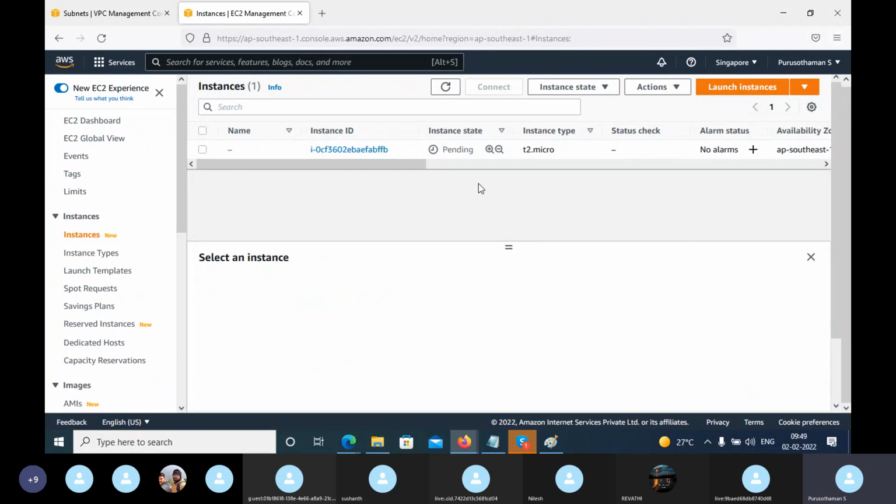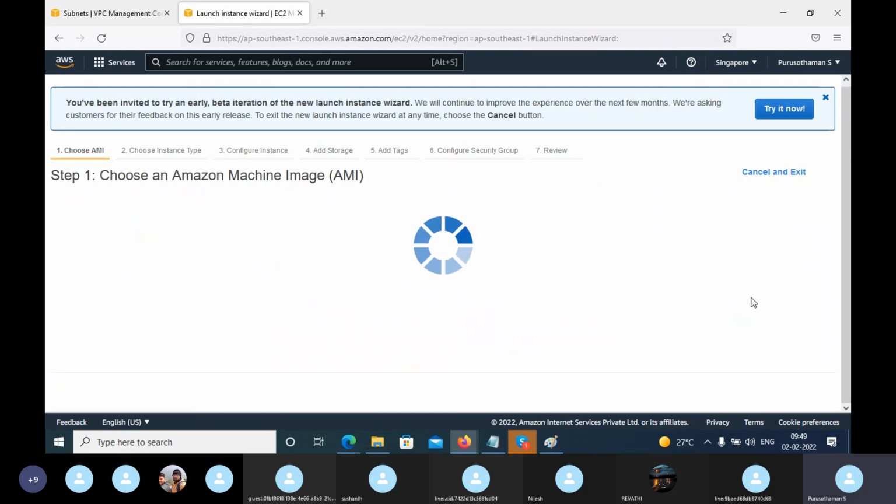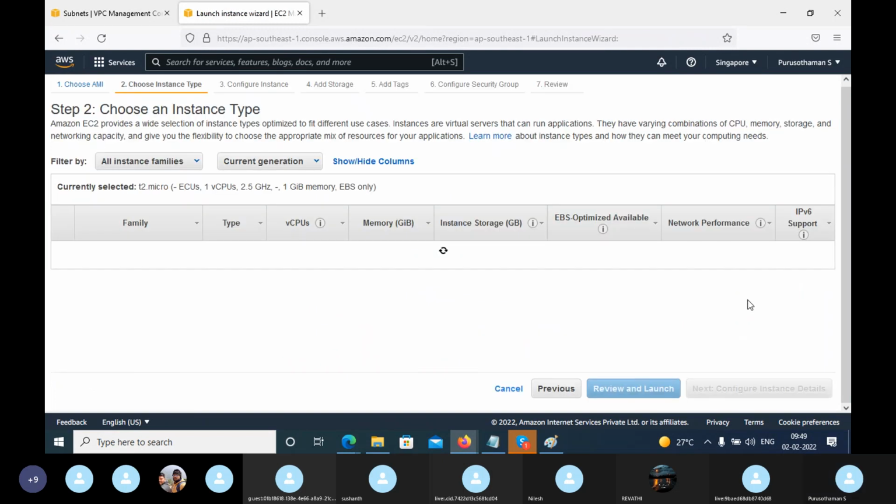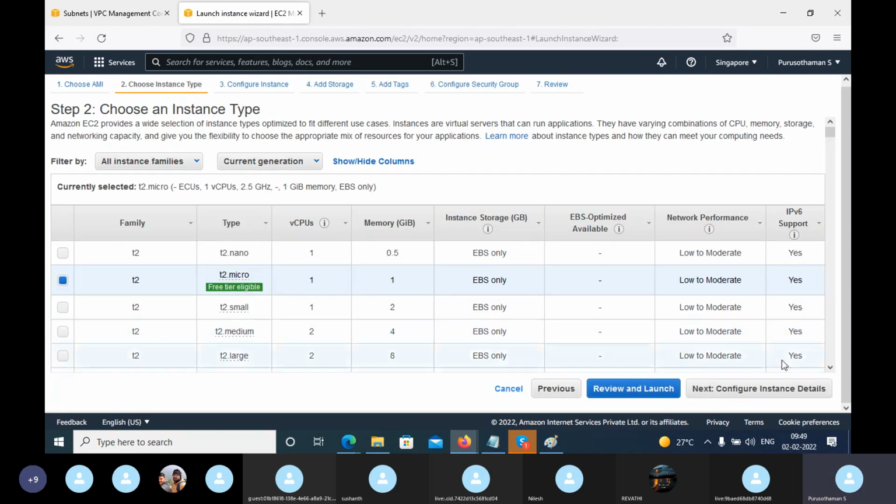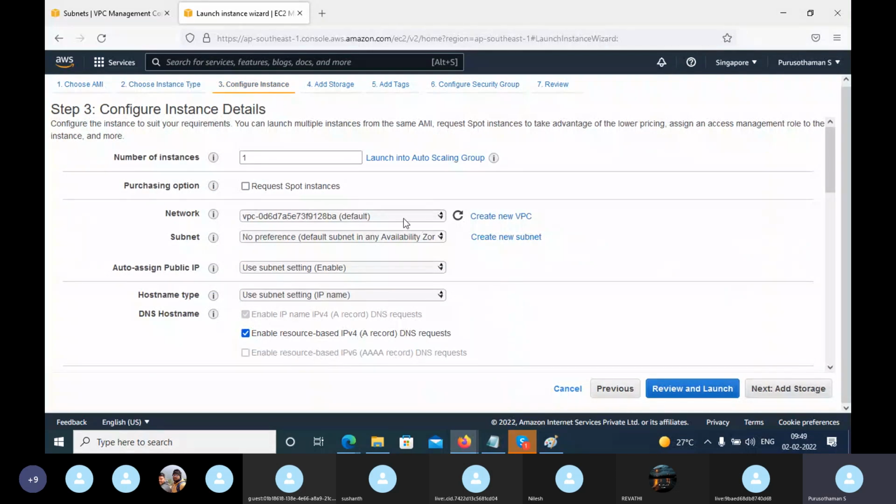It is launching, and we can add one more instance. Only select the VPC here in the configure instance details. Afterwards, always hit next, and at the last step launch, you have to select without key pair. Always remember it.